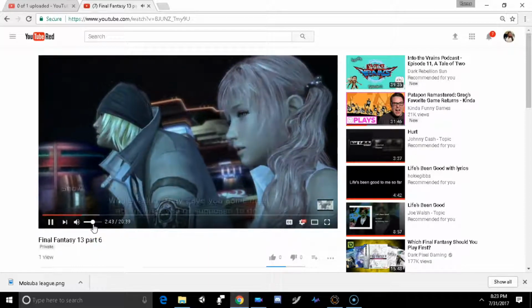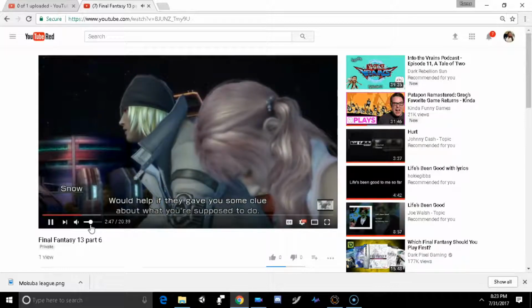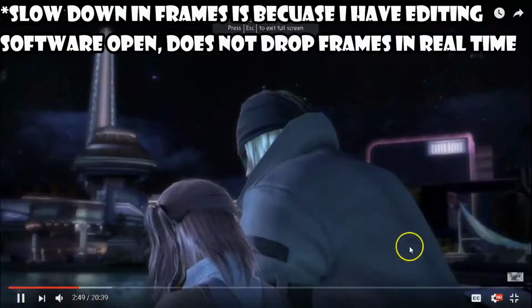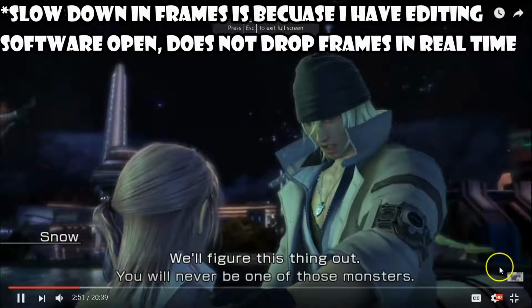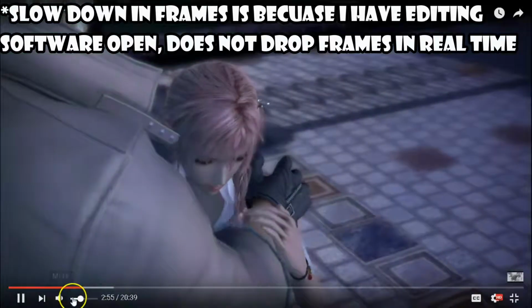Yeah, so the audio recorded is very well done. And let me make it full screen so you guys can actually see what the resolution is. There's no real slowdown in frames, which is amazing. So it's not about their wedding, it's about...